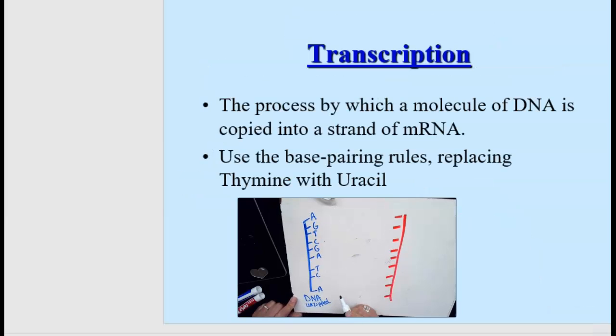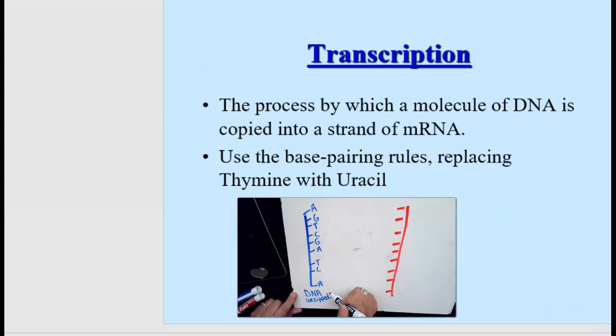So here's how this works. We have a DNA strand right here. All right, we have unzipped it and we've unwound it basically. And the job of that is a chemical called RNA polymerase. It's going to come in, it's going to do kind of the same thing that DNA helicase did. It's going to unzip,